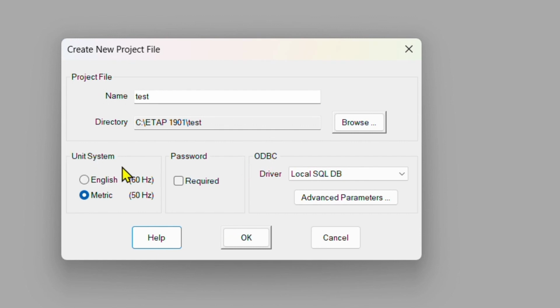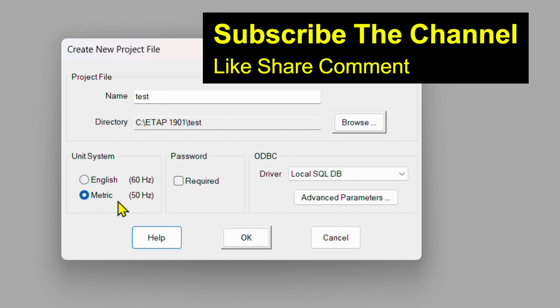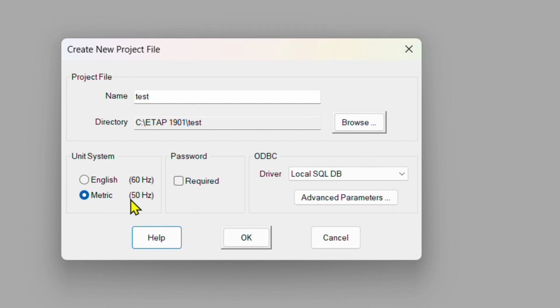Then there is a unit system. In the unit system, there are two systems. One is the English system and another is the metric system. The English system is used generally in European countries where the frequency is 60 hertz. And the metric system is used in Asia where the frequency is 50 hertz. Then if you want to save the project file with a password, you have to tick this button, or if you do not want to use the password, then you have to keep it as it is. This is an ODBC location, and after clicking the OK button,